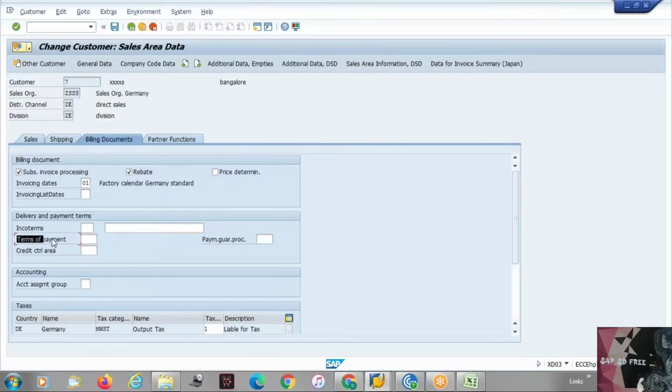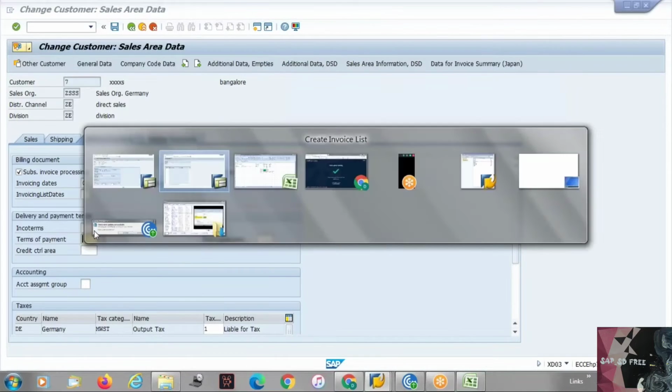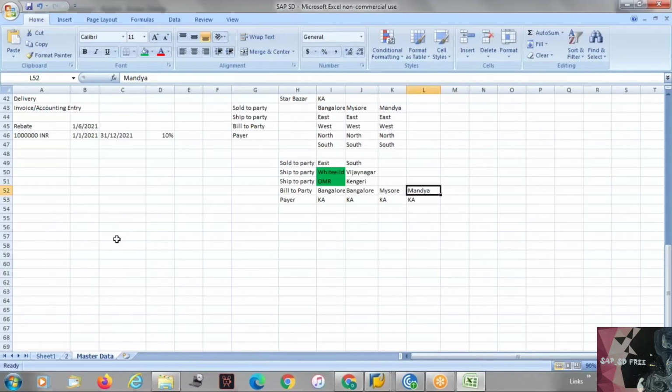Okay. So then we have something called terms of payment. Terms of payment is nothing but the payment terms that you will agree with the customer. For example, we would say the customer has to pay the amount immediately once we deliver the goods. We won't be giving him any credit. Or you would say we will give him credit. There are multiple ways. Whenever it comes to terms of payment,